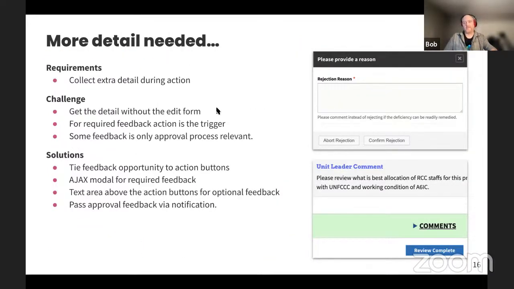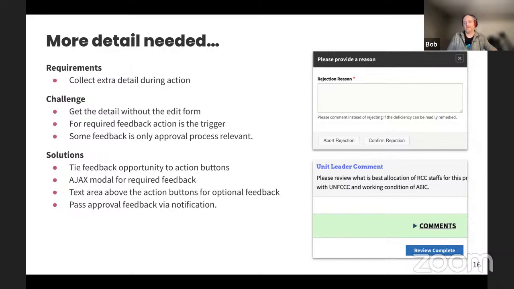Another issue that we came across on the first iteration of the mission request system was that if you put in a mission request and then it gets rejected with no indication of why it got rejected, that's a really crappy experience. And that's a problem that we were having occasionally. So we wanted a way for the reviewer to provide a reason when they rejected a request. But we didn't want to present them with the whole edit form or something to provide that information. We just wanted a place that they're required to enter a reason when they're rejecting, but that otherwise doesn't get